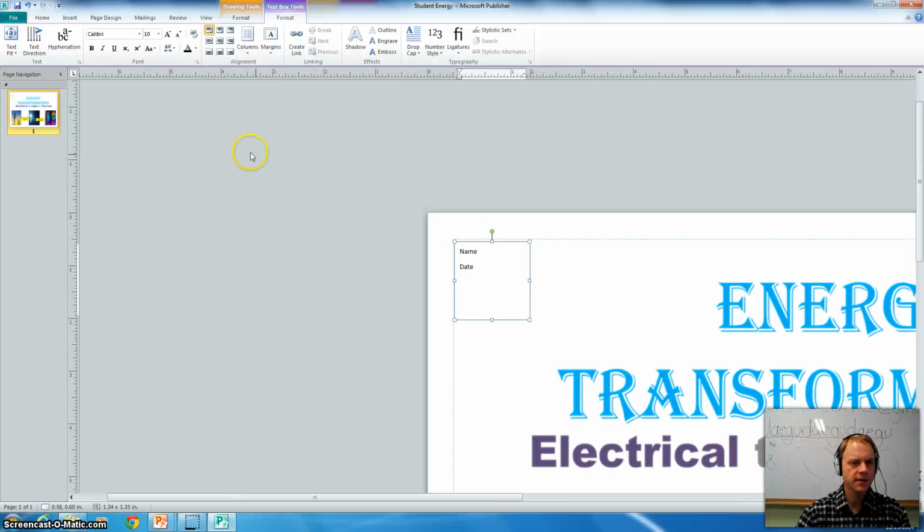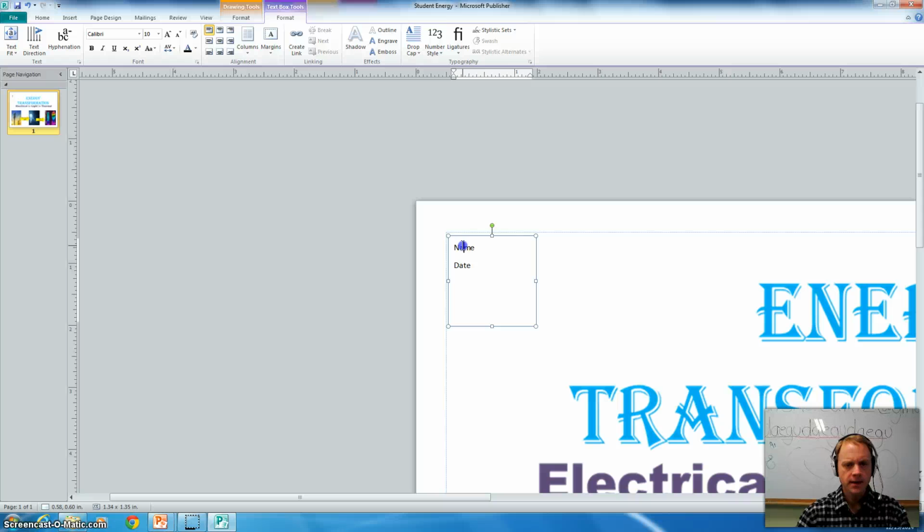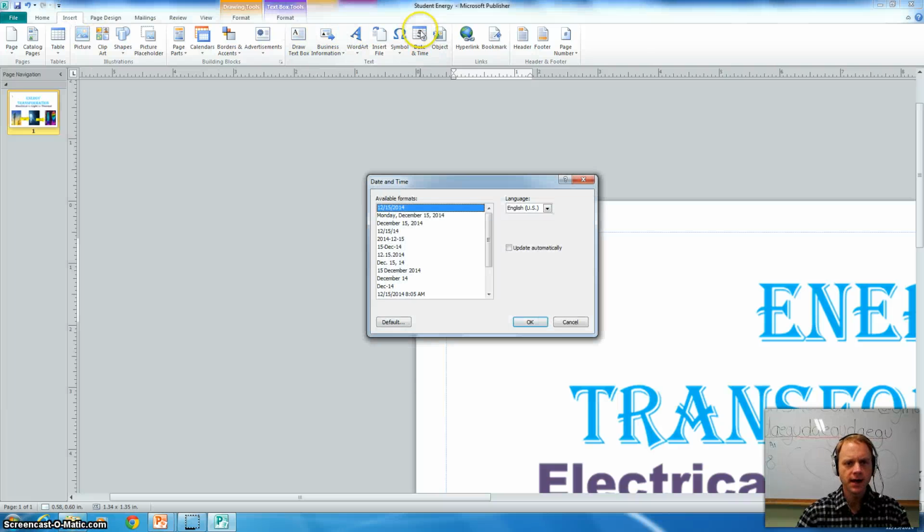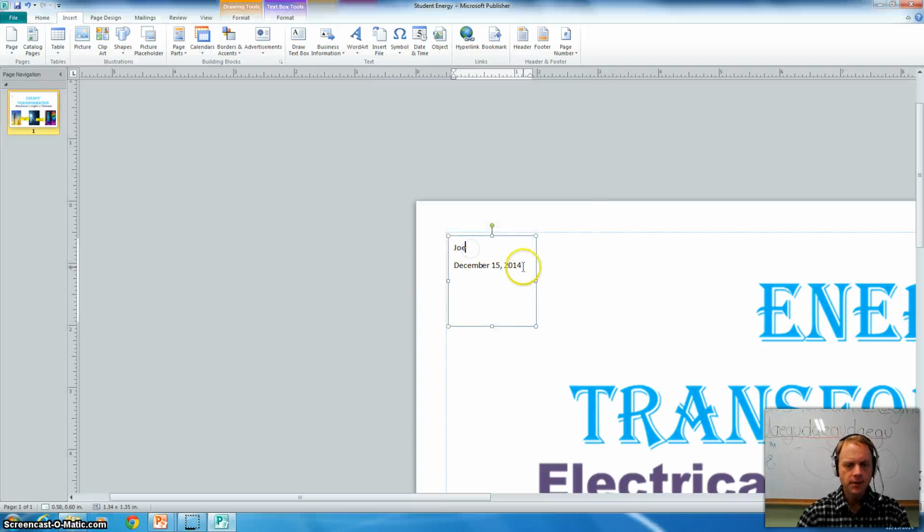So for name and date, as I zoom in, if your name is Joe, whatever, for the date you go to the Insert tab, and then Date and Time, and you can choose the format. I like the simple one like this, but anything you want, you can do. Okay. Also, the keyboard shortcut for date is Shift Alt D, and that happens automatically. Okay. And you've got it nice and small. When we zoom out, you can't see your name,